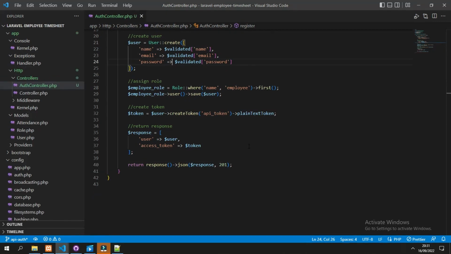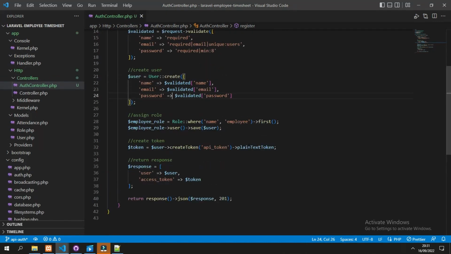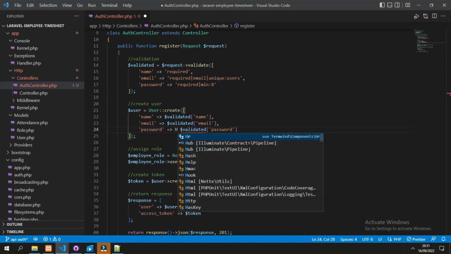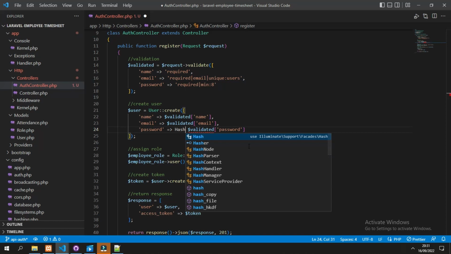I forgot that we need to encrypt or hash the password before it is saved to the database, and we will use the Hash class which is already installed by default by Laravel.